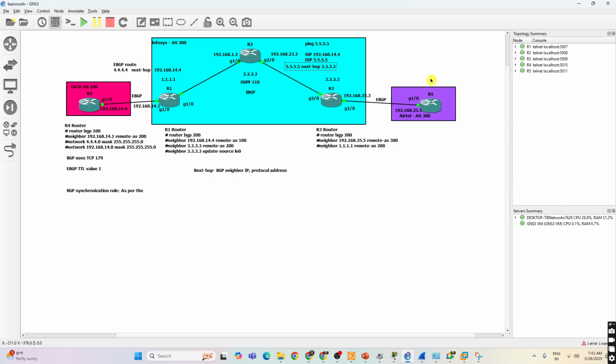Understood or not? Yes or no? Yes, Anna. Yes, sir. This is called the BGP synchronization rule. This is an old technology. Even though it is an old technology, people are trying to ask you, because